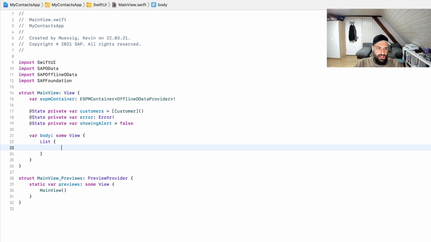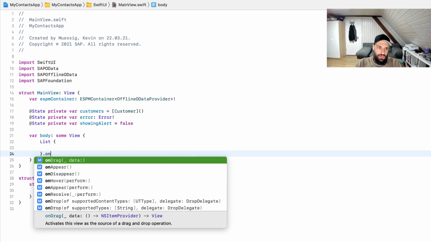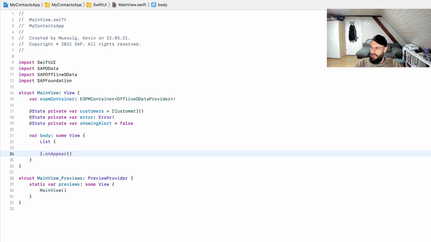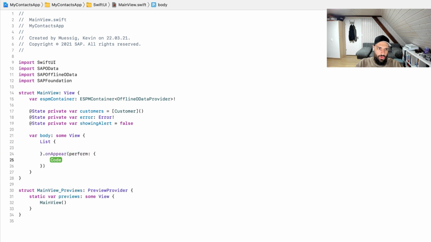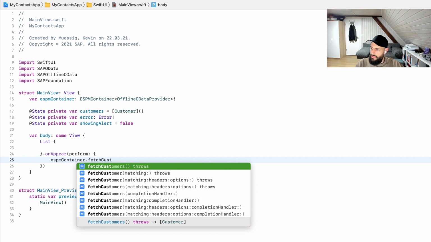So here we can say list, and on that list we can say onAppear. So that means we can add an action to be performed when the view appears. So we can say onAppear, and we want to perform an action, and that action is going to be ESPM container fetch customers,